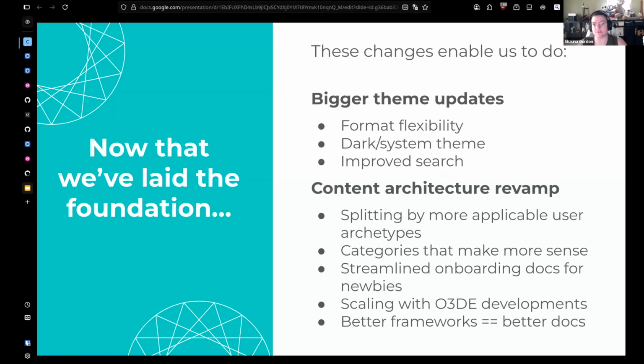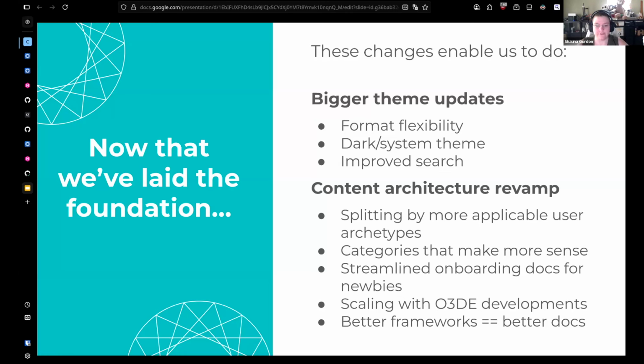So what's next for us is going to be a lot more of the showy stuff, so that we'll actually have a screen share possibly next time, besides just slides for you guys. But that'll hopefully allow us to do format flexibility. We've had requests a couple times for PDFs or printable versions.